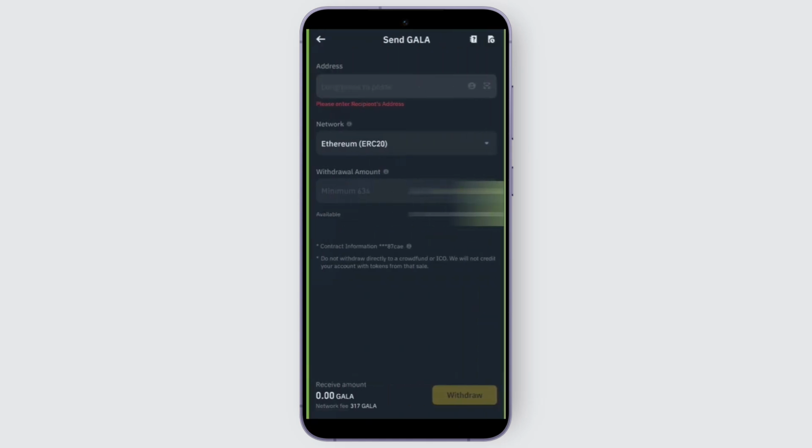After that, you just need to head over to the Binance application again, and here on the address bar, you just need to copy and paste the code that we just copied, and you may also scan if you want. After that, enter the withdrawal amount, and your money should be transferred from Binance to Phantom wallet